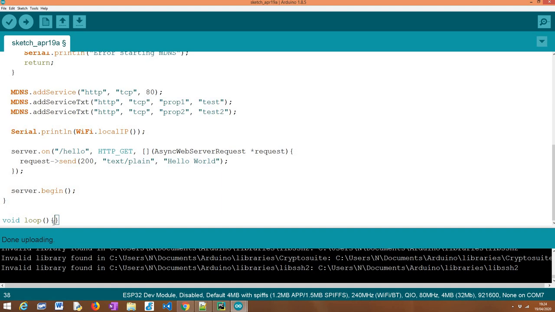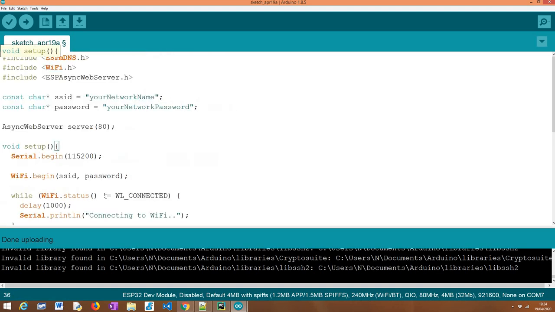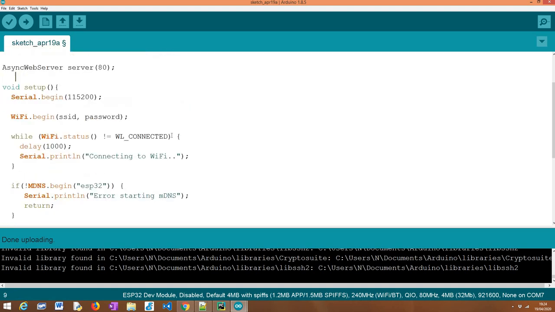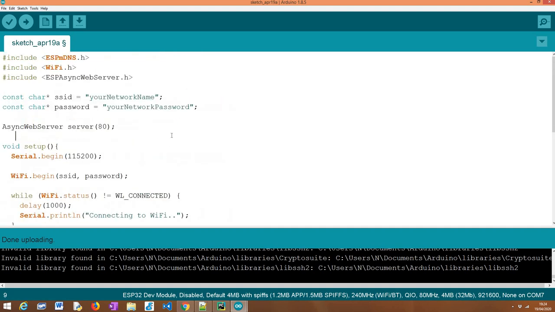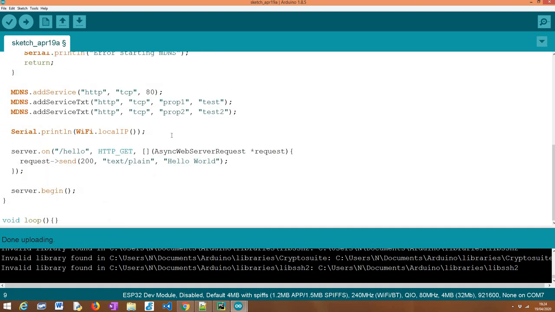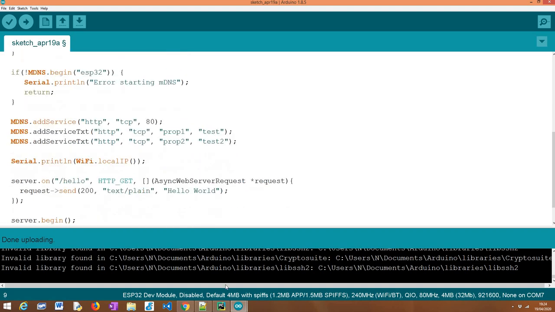In this case, I've chosen the asynchronous HTTP web server, which is very easy to use and to set up. Due to that fact, we don't need to poll any variable or any object in the Arduino main loop, so we can simply leave the Arduino main loop empty. And that's it from the Arduino side. As you can see, very simple. Most of the code is actually related not directly with MDNS, but rather with the setup of the service, because the MDNS part is really simple.